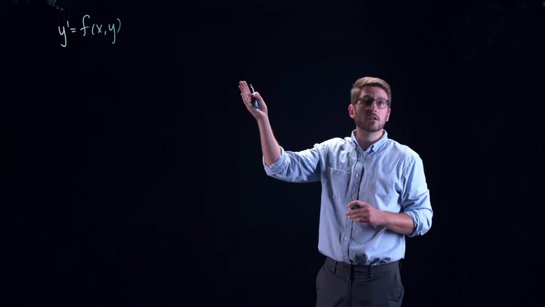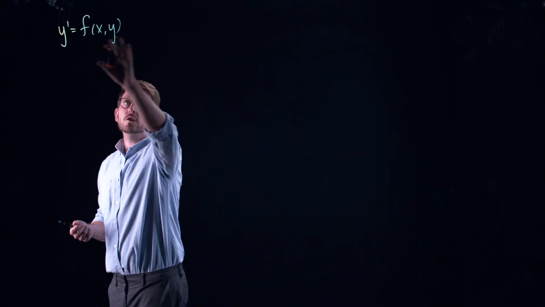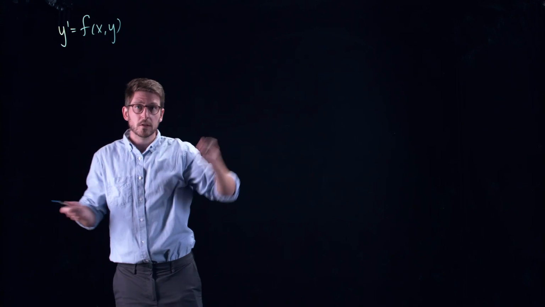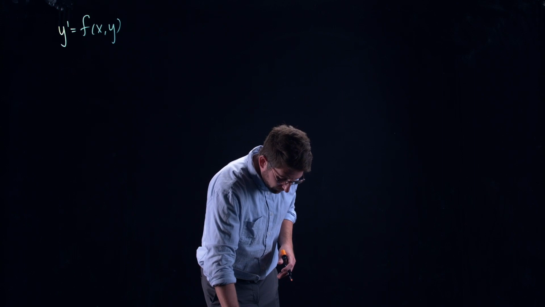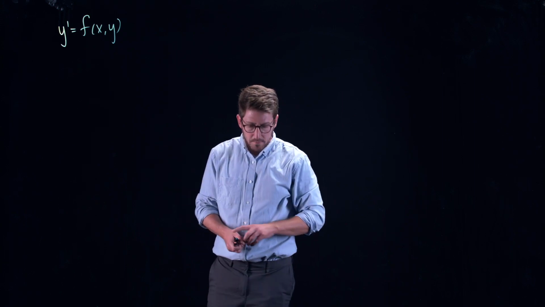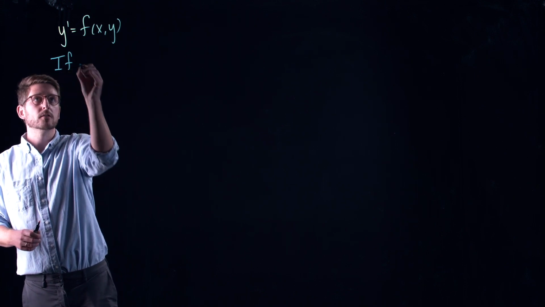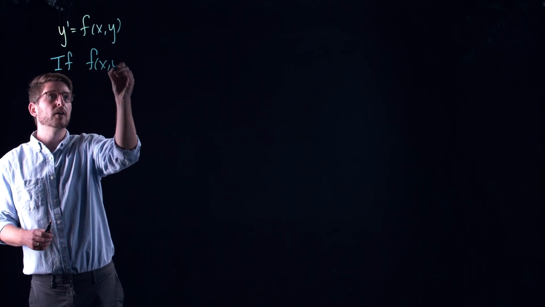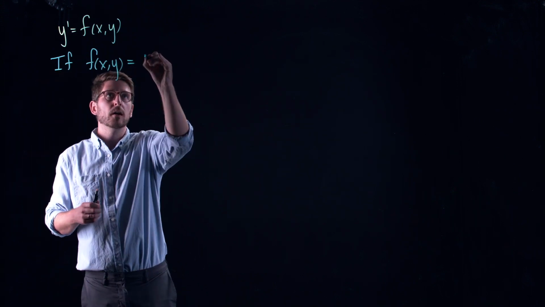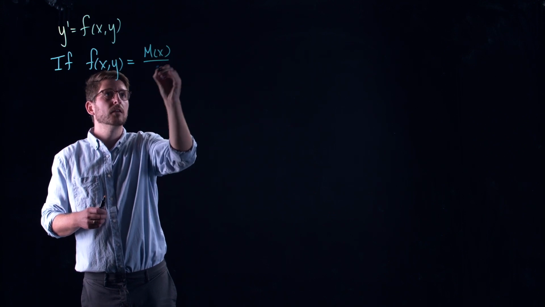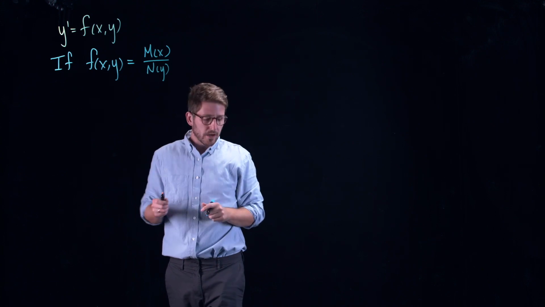Now, we've seen differential equations that already look like this. In particular, if this was just a linear function, then this would sort of fall into the category of the previous lecture. But what we're going to focus on is the nonlinear case, and in particular, we're going to look at separable equations. So we're going to say, if I could write my function f of x, y as a quotient, so m of x divided by n of y. So if I can write it like that,